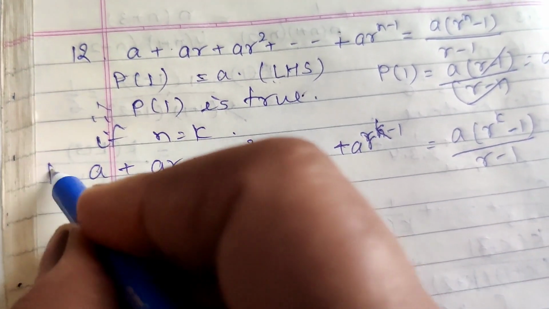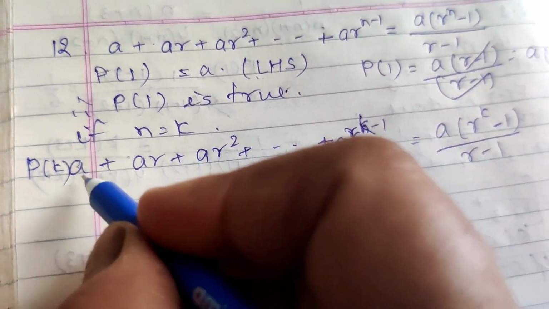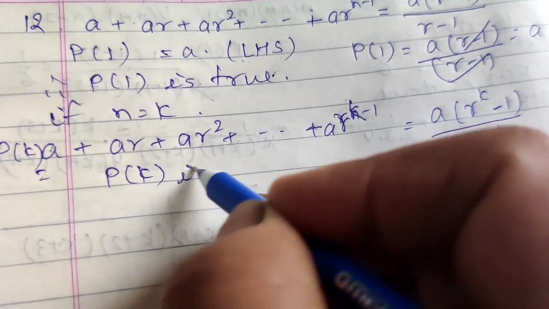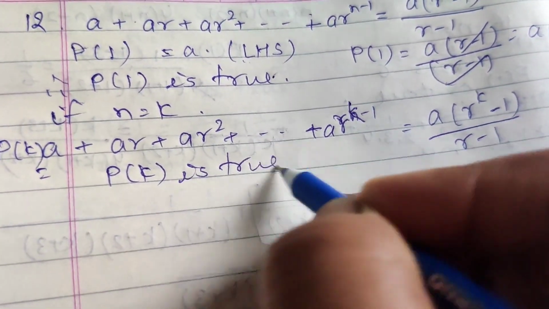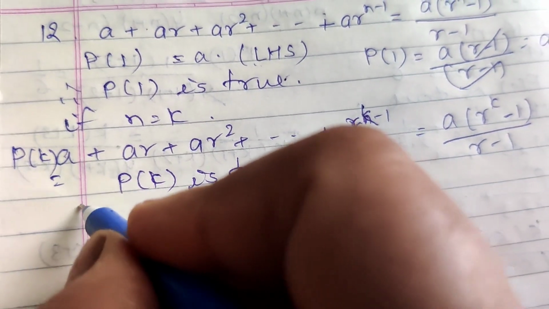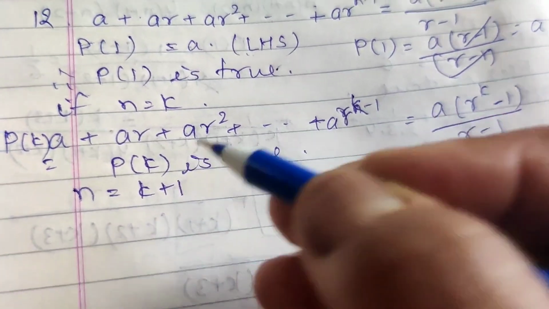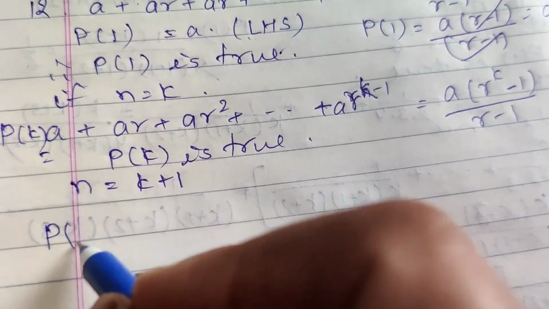It means the induction Pk is true. Okay. If we put n equal to k plus 1, the induction P(k+1) equals a + ar